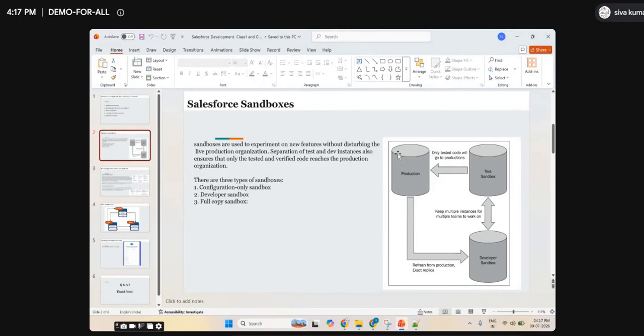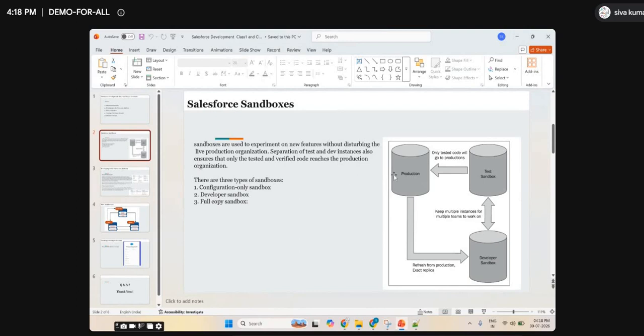And the developer sandbox is for when I need to test with some users. For example, you may come across some issues in production that are happening only for this user, while for other users it is working fine. Do you hear about that? Yes, you may be hearing it. It is happening for one or two users. So in the developer sandbox, there will be configuration plus some user data, the data that user is using, so they can test with that user and easily replicate that issue. So it is just basic configuration, and developer means some data, not all data.